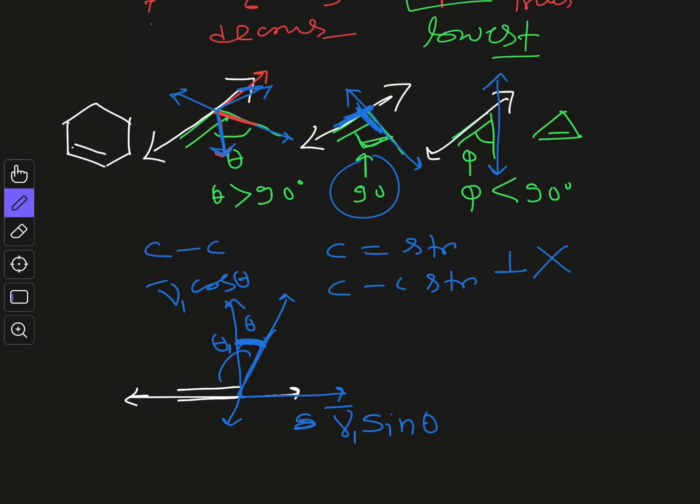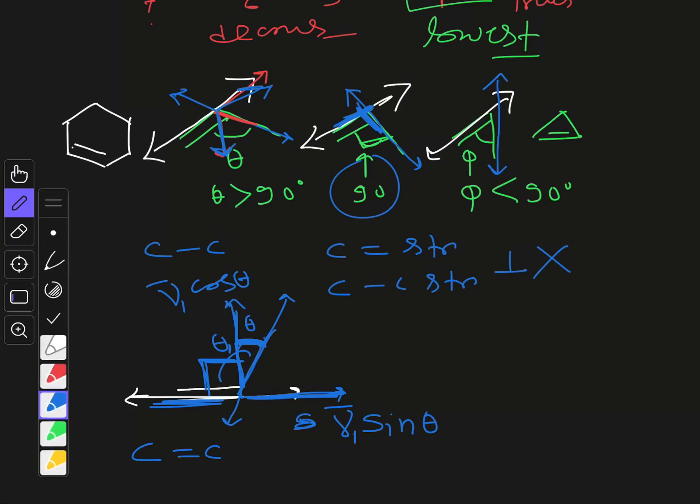So this cos theta component, you can see, is perpendicular to the C=C double bond stretching frequency, and that's why it will have no effect. But this component, the sin theta component, will have coupling with this one, and this coupling will increase the stretching frequency value. Similarly, if you have a small bond angle, for example in the case of a cyclopropene system like this,